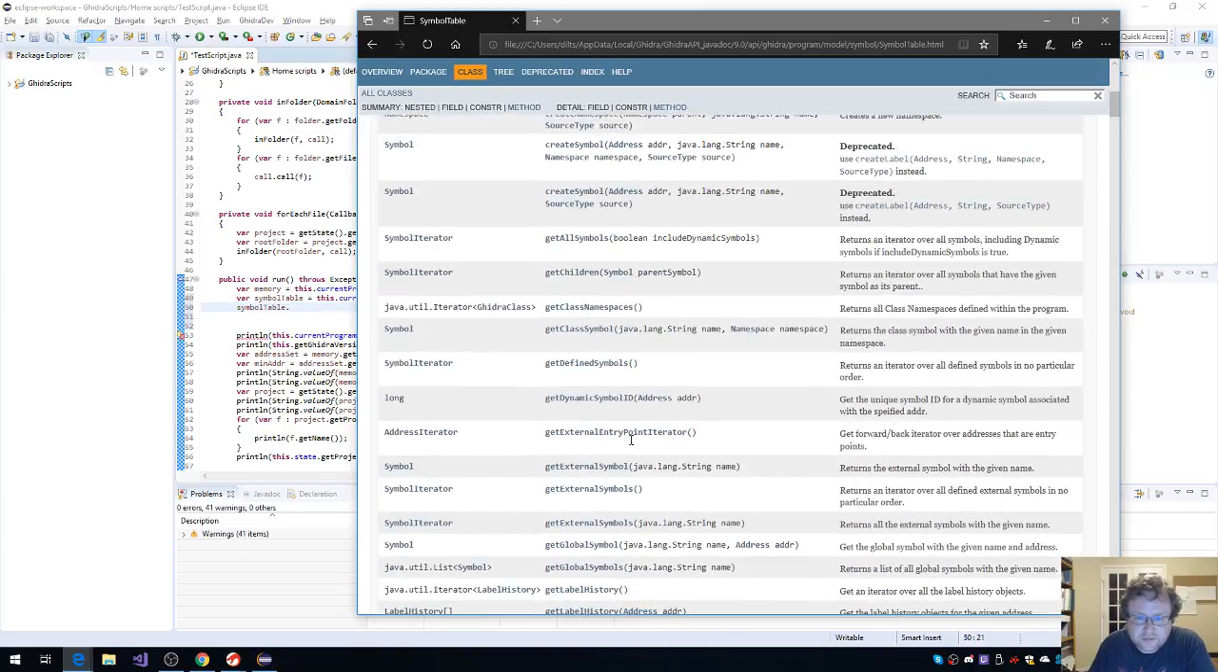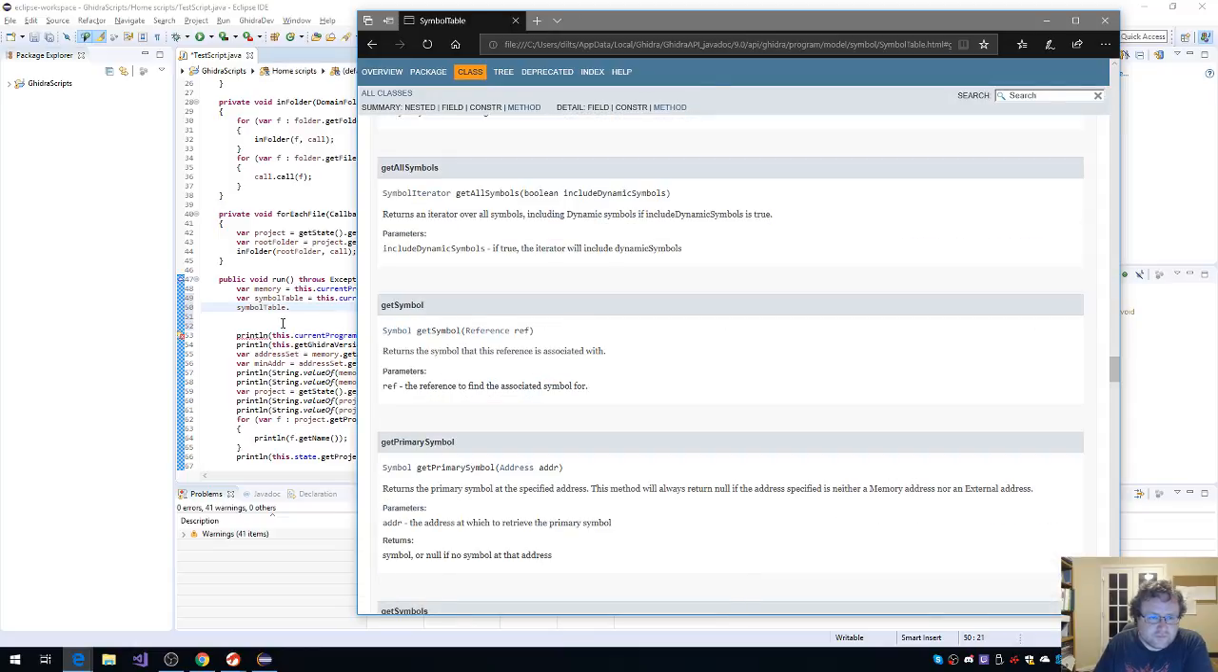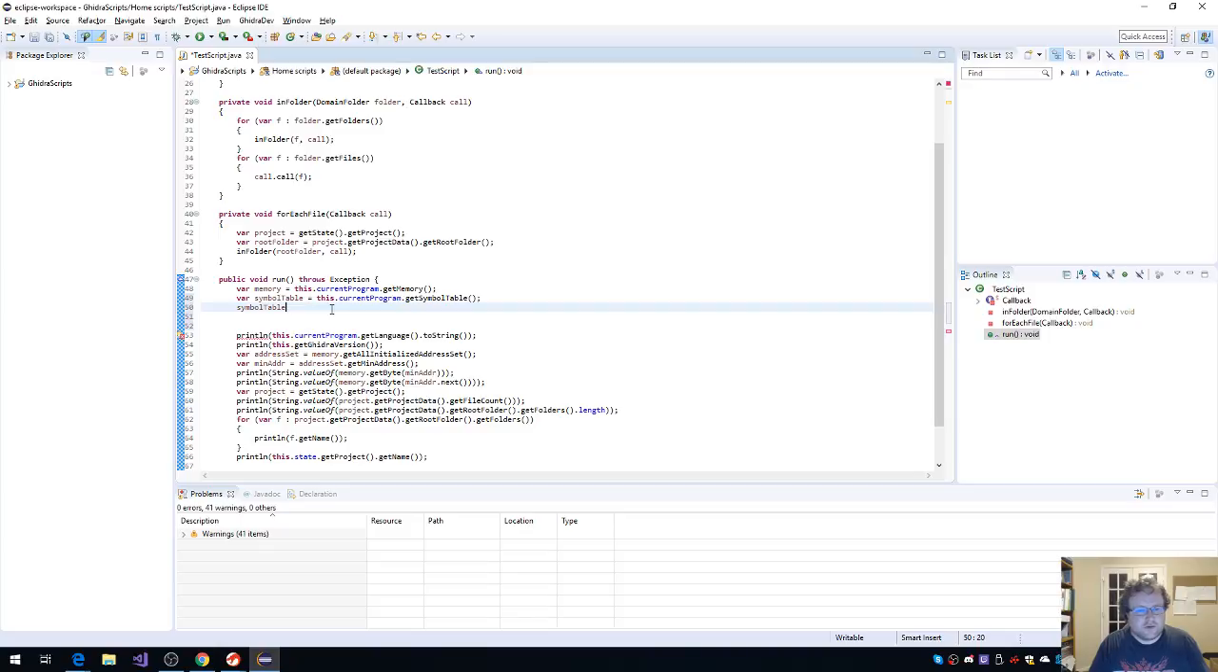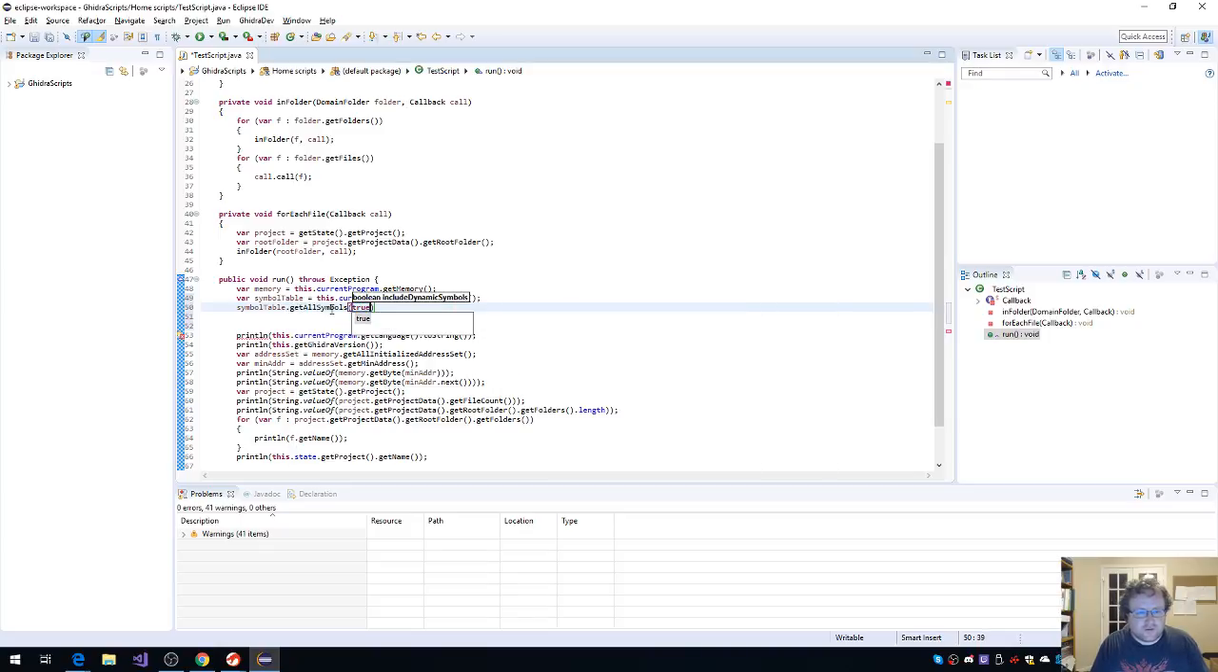Get external symbols. That's interesting. They don't appear to have created external symbols when they did this, so let's go to get all symbols. Let's see. Dot get all symbols true